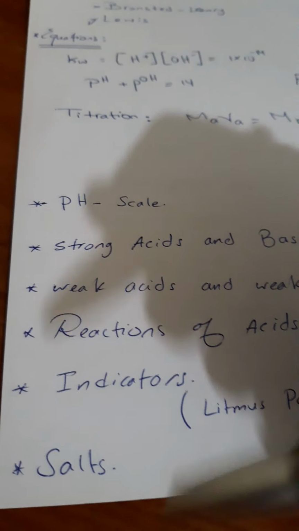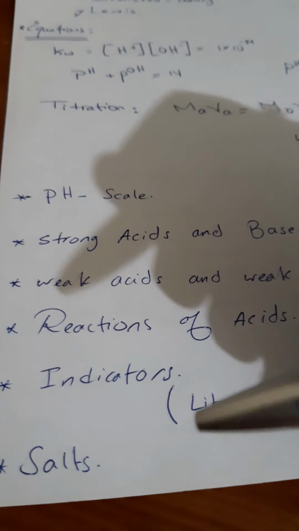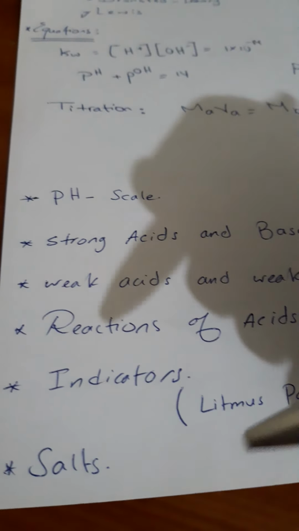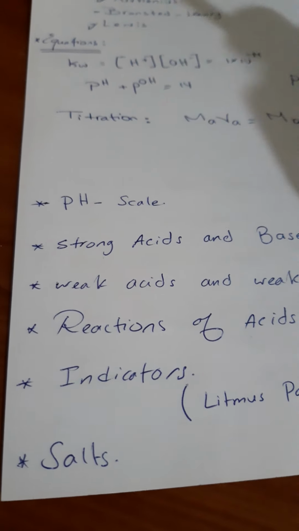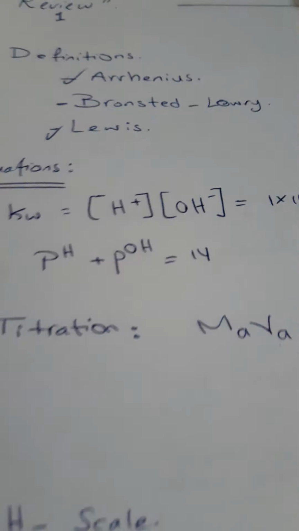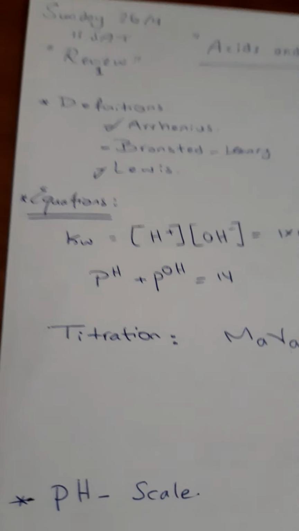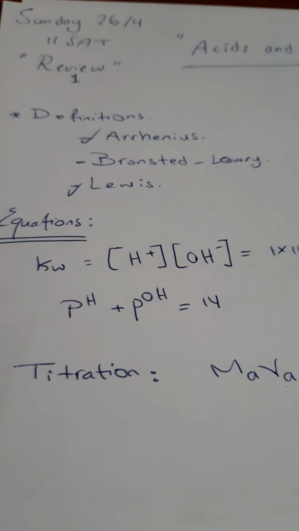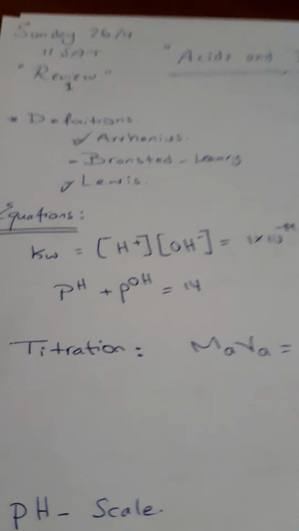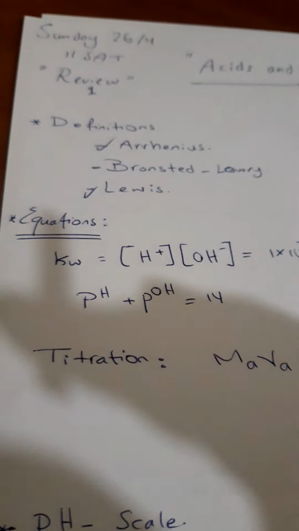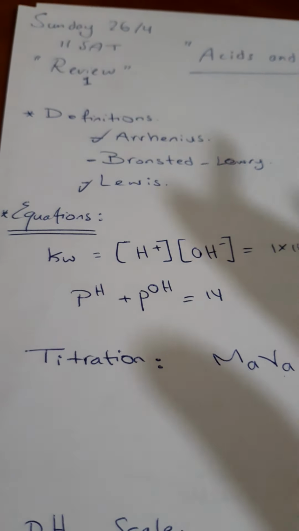What is the way, Ustaz, to find out which salt is acidic, which salt is basic, and which salt is neutral. These are the most important topics you need to know for acids and bases, as well as the redox and redox reactions